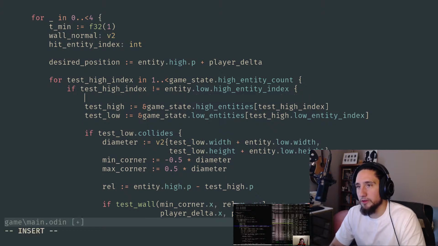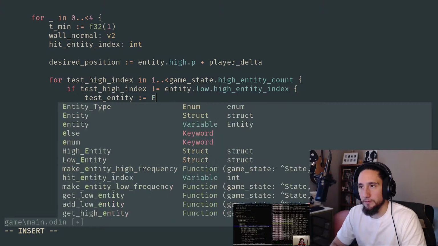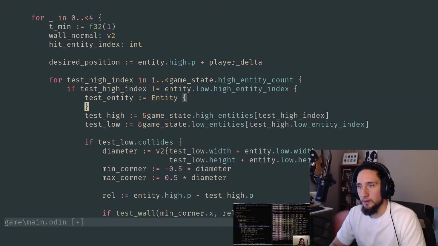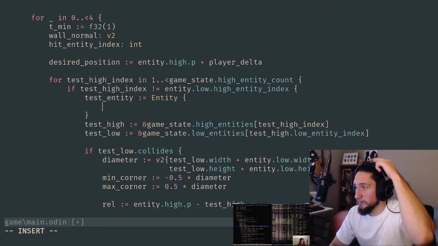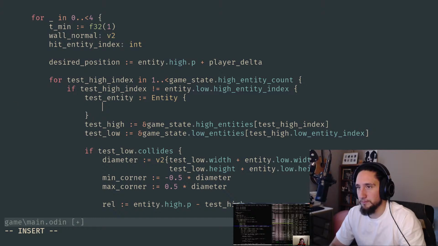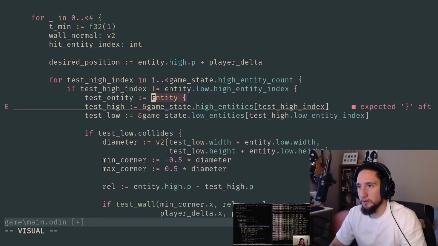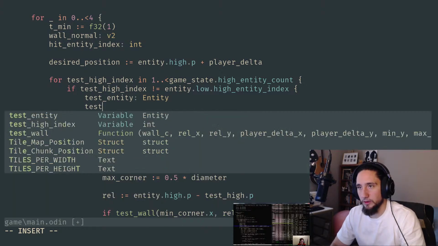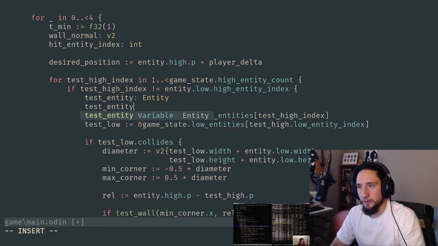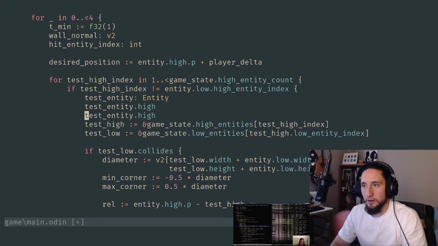It's just annoying because when I instantiate this, I want it to be in one declaration like this instead of a declaration followed by multiple assignments, but we just cannot do anything to help that. Just a dumb OCD thing anyways. Doesn't actually get us anything. So high and low, and the low entity index